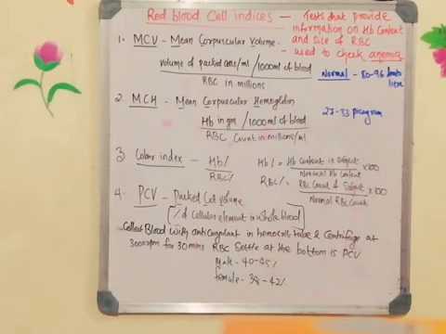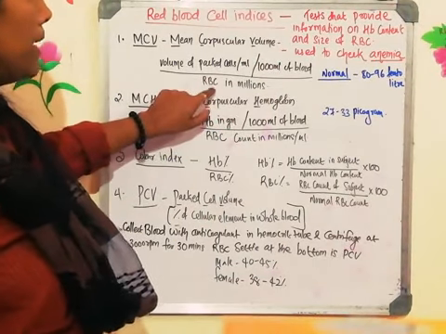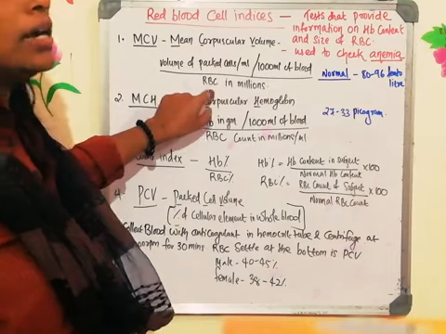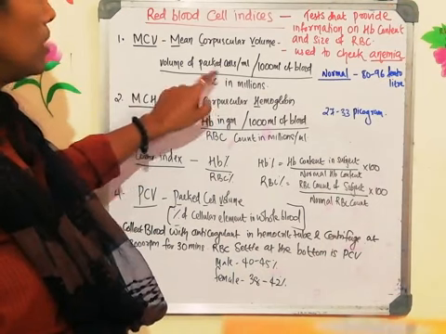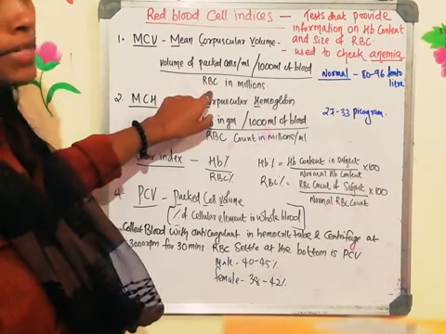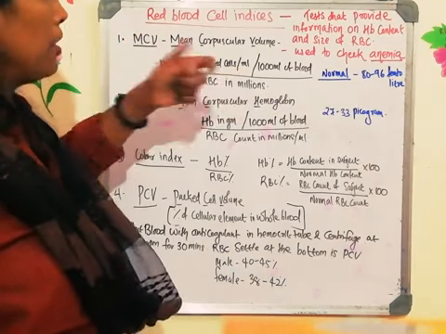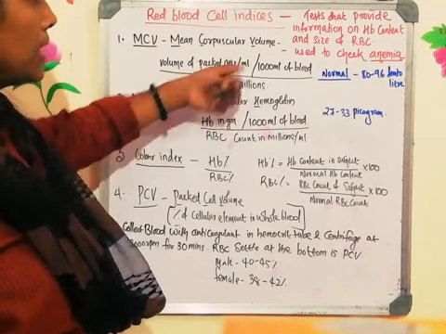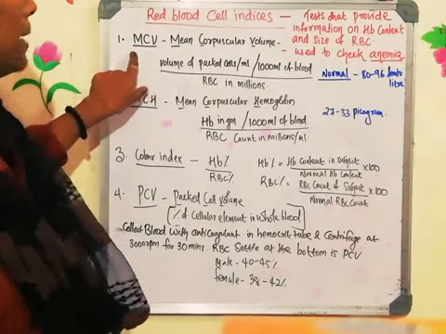So mean corpuscular volume is the test which is used to find out the average volume of a single RBC. This can be checked by the volume of the packed cells per 1000 ml of the blood divided by RBC in million. Once after doing the CBC, you will get to know how much amount of RBC is there. After getting the RBC count from the complete blood count, you can use this formula. Volume of the packed cells per ml, 1 ml of the blood you need to take and check the number of cells per 1000 ml of the blood divided by RBC in million. Then you will get the mean corpuscular volume.